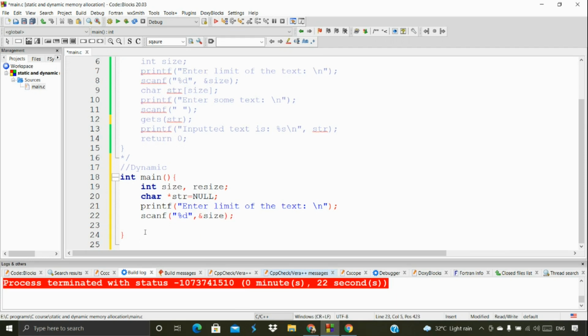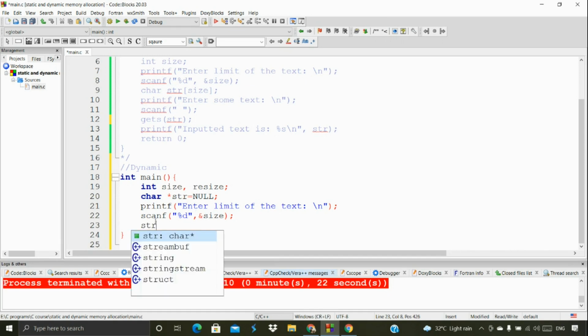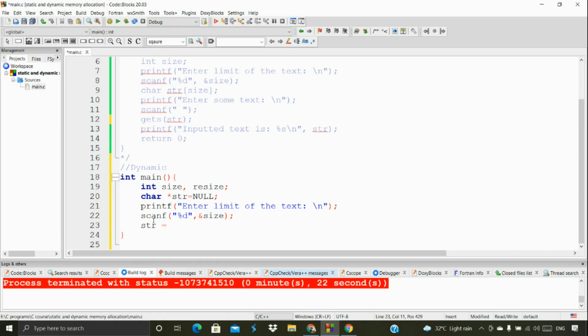So here we're asking the user to enter the size, and once the size is entered, we take str, the character type pointer we already declared. So here we're just taking that particular pointer variable, and then I'm going to use the malloc function that we